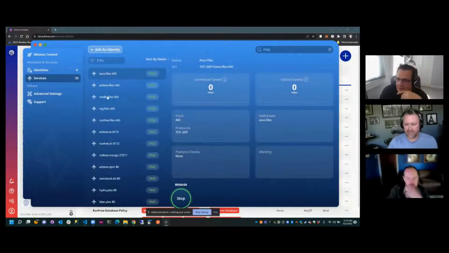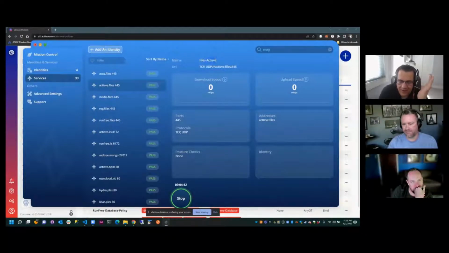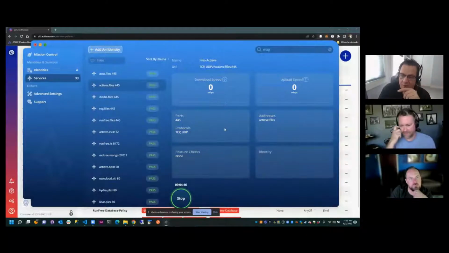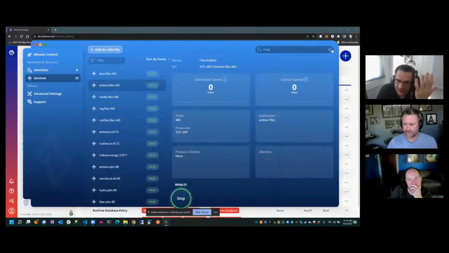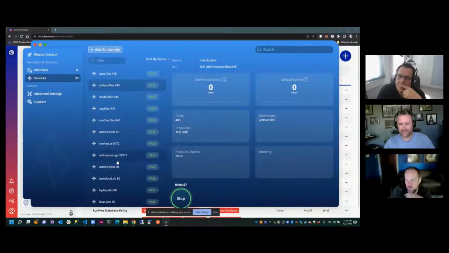Yeah, it's showing what you're actually accessing. I thought those were the names of the services. I see. I'm showing my ignorance with the UI. I've not been using it, but we're in the services view here. Does this show me every service from all four identities? It does. Yes, it's a roll up of everything.